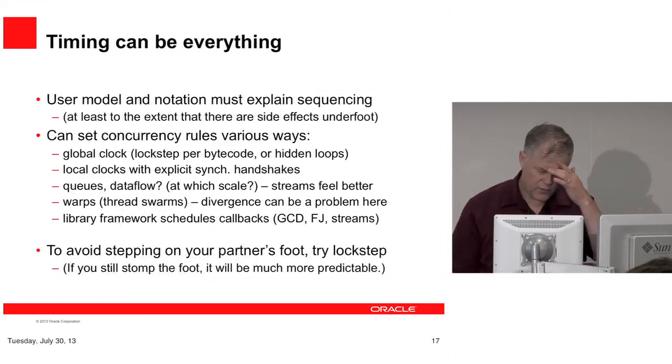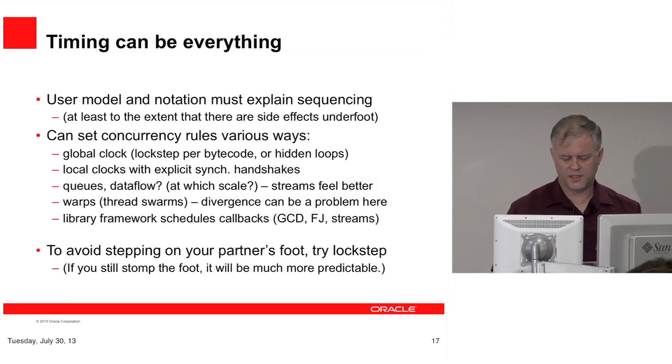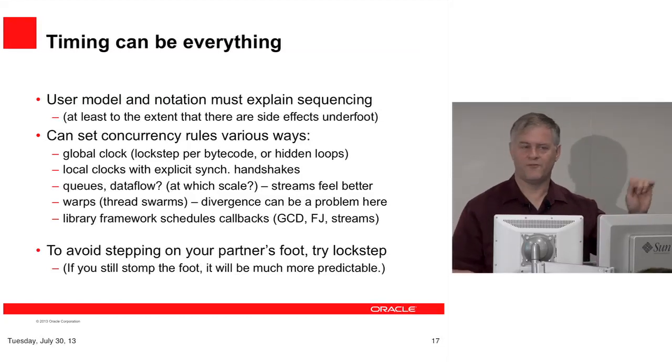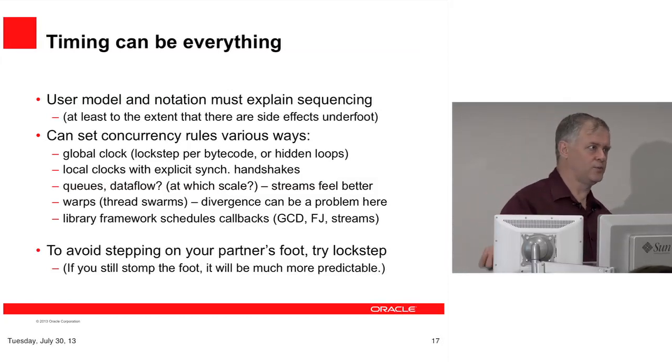Okay, and then a brief slide on timing, because notation is important, but you need to know when the things happen that you've notated. And so notation needs to explain sequencing. And data parallelism just says you have decomposed your data structure into some chunks and you're operating on them independently. But of course, if you're doing stuff with those chunks that actually reads and writes, and this is a streams issue too, and that's got some very fiddly language in the Javadoc. What happens when your lambda callback does a side effect or observes a side effect? It's tricky. It has to be clearly documented, and so there are some options.